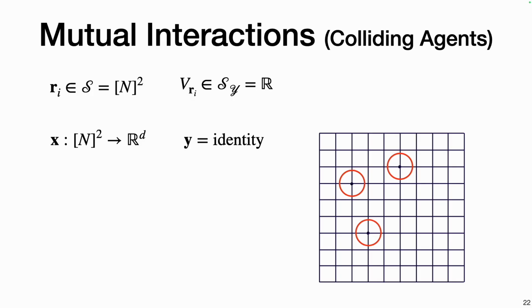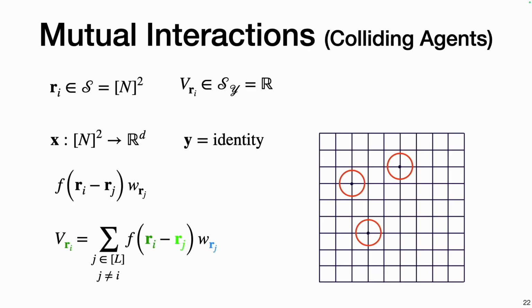a minus reward. And we name the summation of all the future rewards as the value function of the agent, which is denoted as V of r_i. If we look at the effect of the jth agent on the ith agent's value function, we can write it like this. Here, the f function is written in terms of the difference of the positions because the system we have is translational and rotational invariant. And we have w as a scalar in this case because the value function is a scalar. If we sum over the effects of all the agents on the ith agent, we can write the value function of the ith agent as this expression.